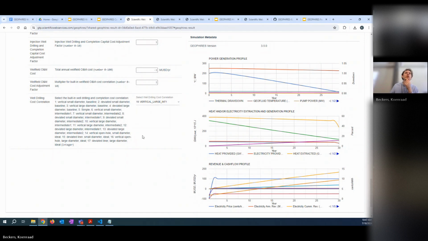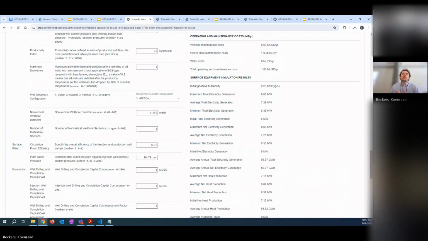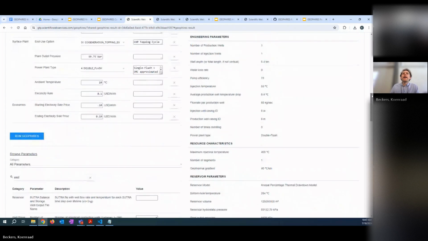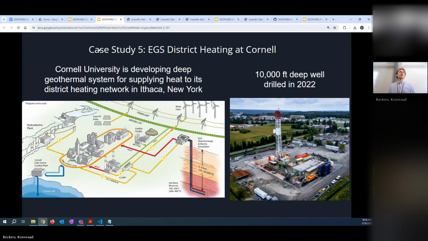and we may actually be, with all the recent advancements or decline in drilling costs, the base case is probably a little too conservative at this point, so we felt this was a representative one. Anyway, it allows you to play with all that and to see if I change this parameter, what happens to the cost, etc. The one I wanted to